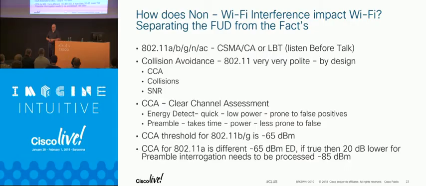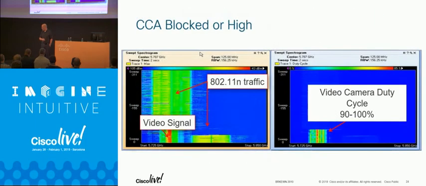I've seen it in Asia already where they were doing a deployment, and they weren't using listen before talking. They won every single contention window. It just shut down the Wi-Fi. So just be aware of that, and that's kind of why I'm still harping on that. What happens if you get something that's using all your spectrum and not working through a contention mechanism? You stop. Your AP stops, your clients will stop, everybody stops.